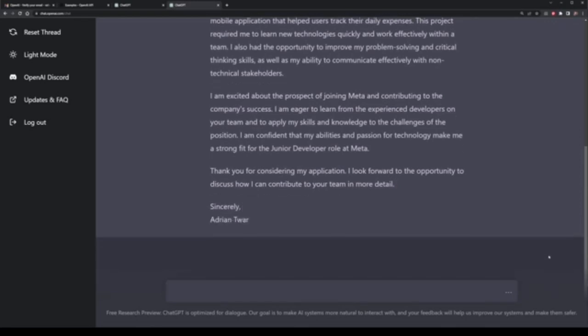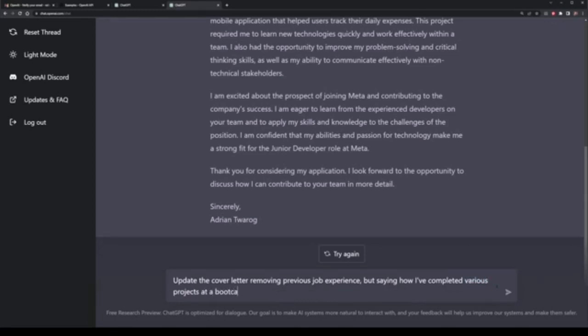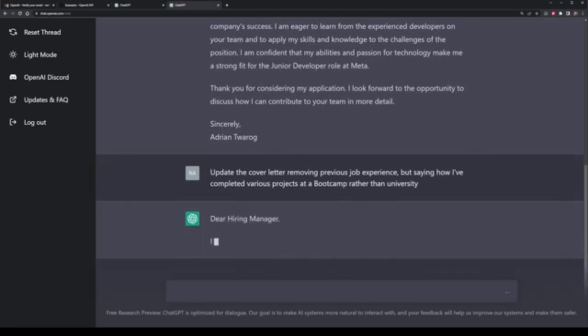I might not even have a bachelor's degree. This is where we can go through and update this prompt of this cover letter, say removing the fact that I have maybe no prior job experience, but maybe listing out that I worked on quite a few different types of projects when I was doing a bootcamp in programming rather than going through university. OpenAI will go through this prompt and update it based on the context of what is now required,